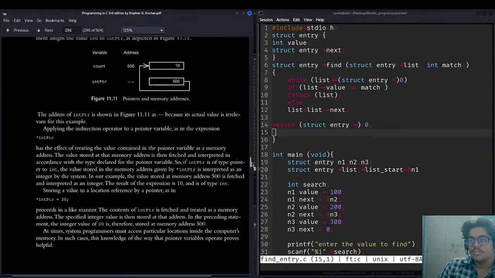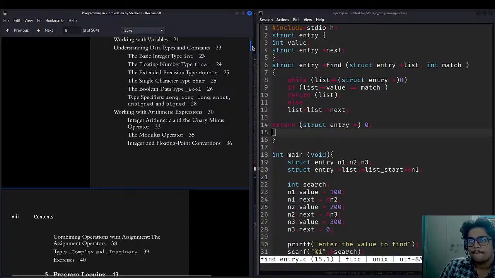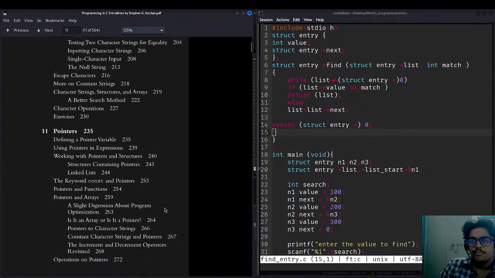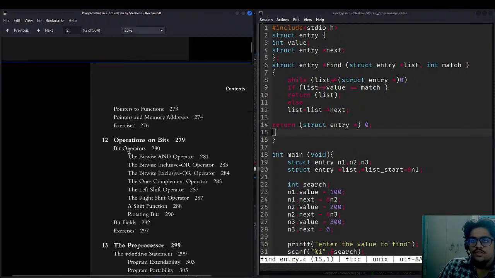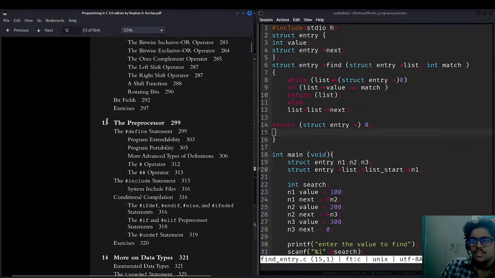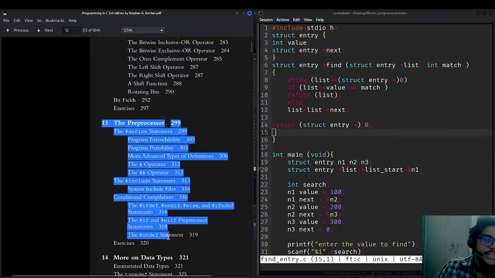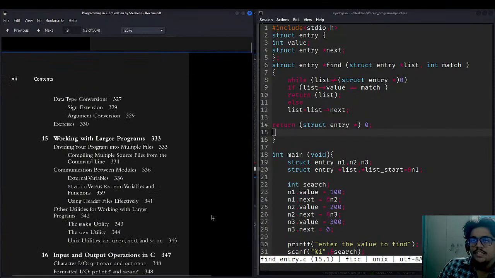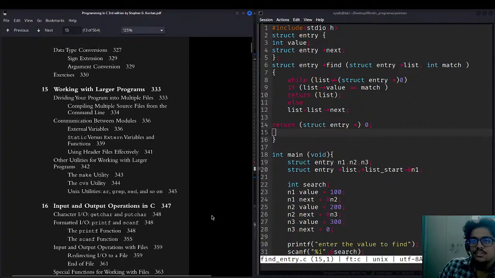After pointers we have operations on bits, very easy: bitwise operators, left shift, right shift. Preprocessor is not that much needed in coding, but it's important. More on data types: enumerated data type, typedef, sign extension.